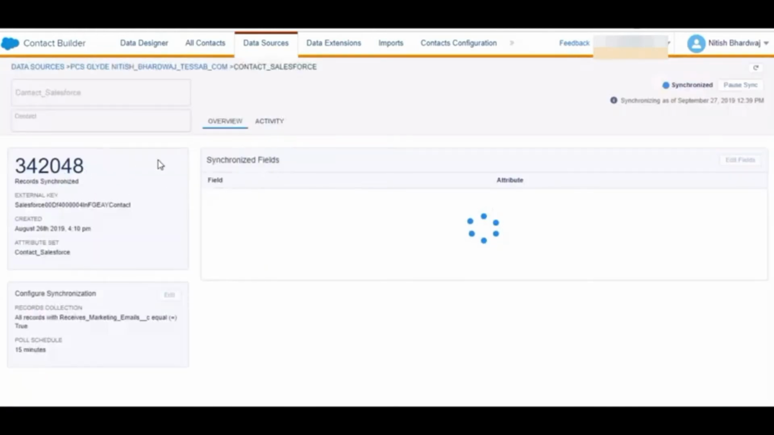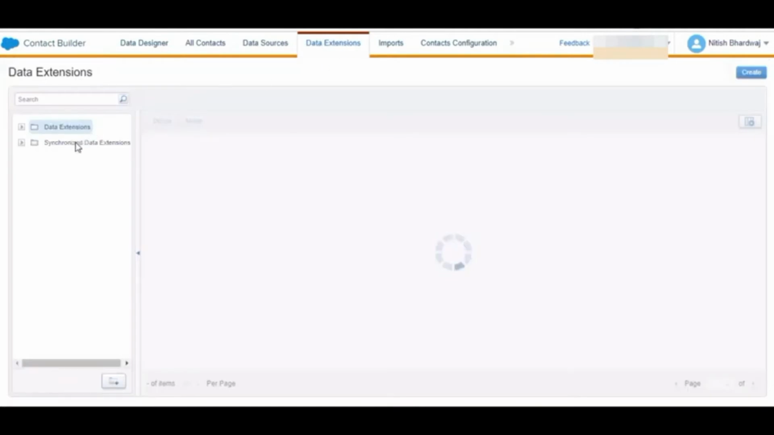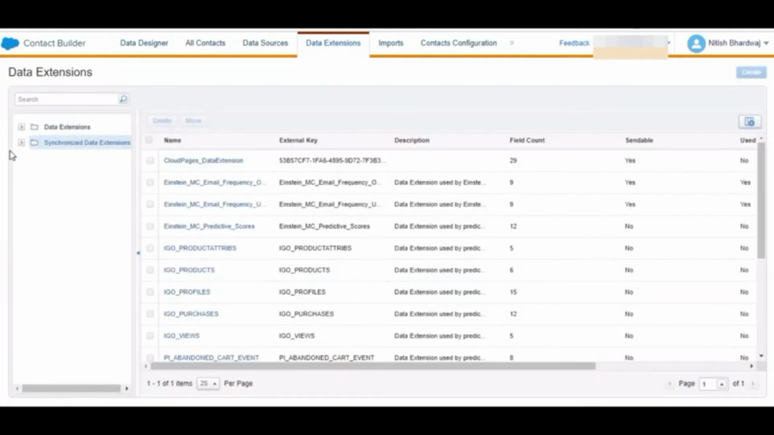By selecting it, we can see the overview, like how many records there are and what the object name is, and there is a filter which we have applied. We have applied this filter, and this is scheduled every 15 minutes. And if we want to see the records, then we have to go to data extensions, synchronized data extensions,